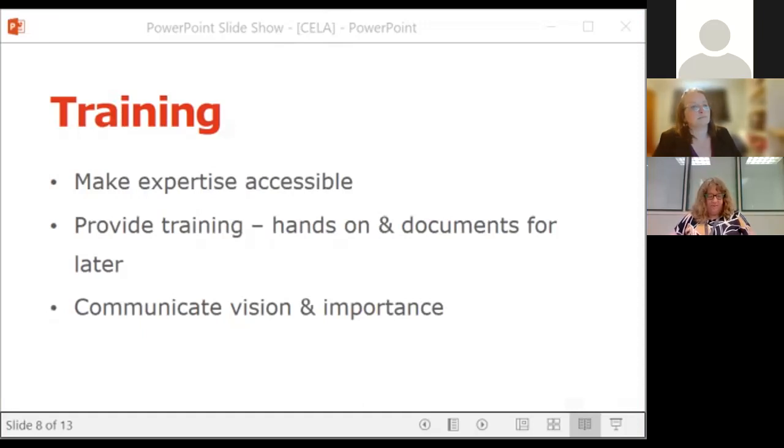We take a look at both the CELA and NELS websites. We provide them with the links to the website and an explanation of each website and how they can search it. We explain that once they locate an item, they let the Welcoming Initiative librarians know so that we can create a DAISY disc. We explain the Canadian Copyright Act